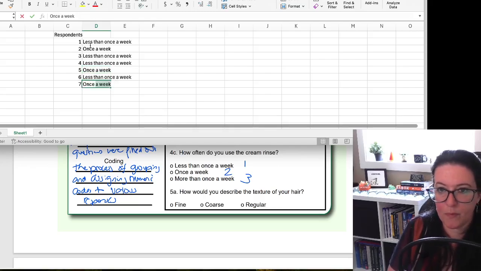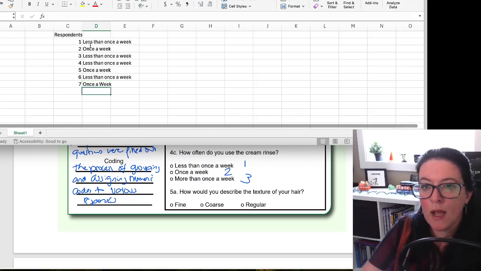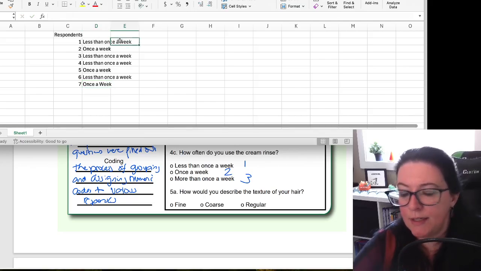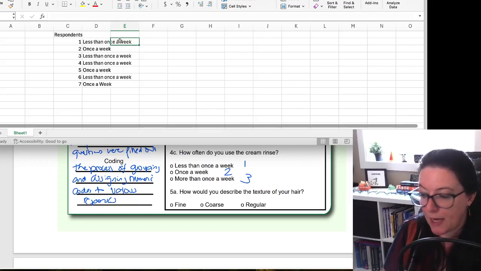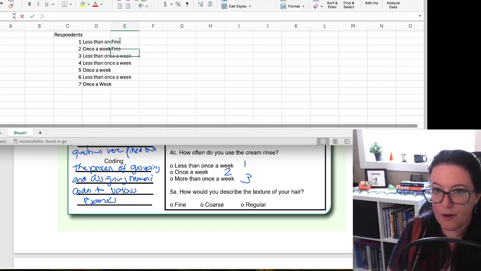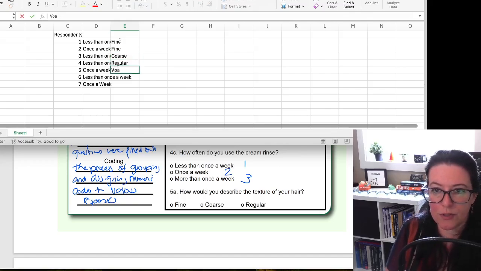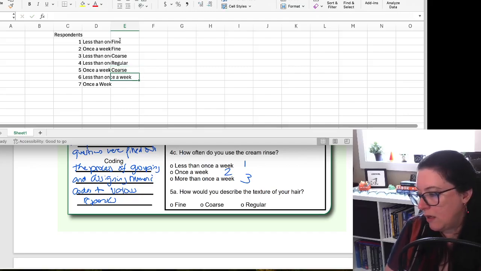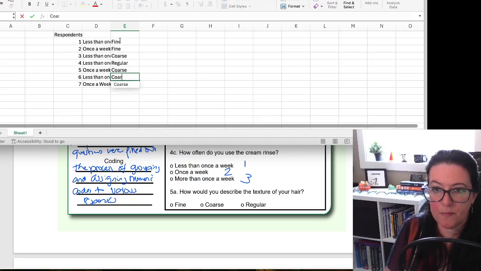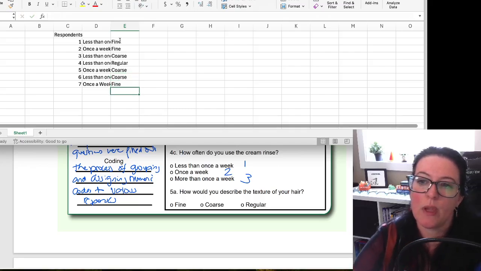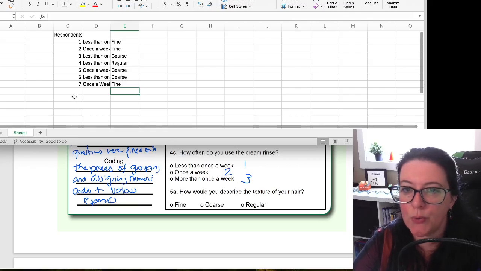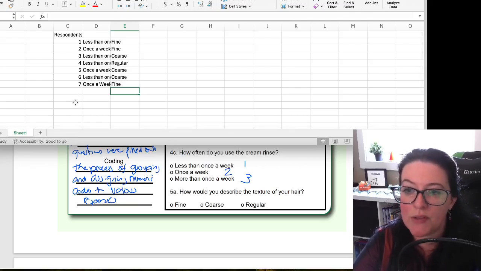Okay. And the next question asks, how would you describe the texture of your hair? So fine, fine, coarse, regular, coarse, and coarse. Okay. So one of the reasons that we code is to make the analysis, if we're doing it